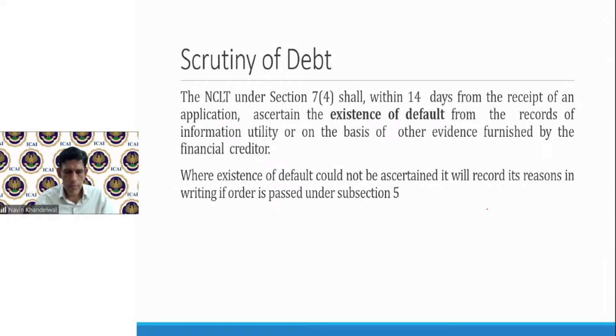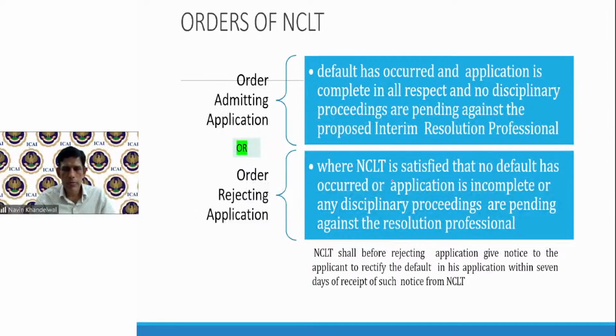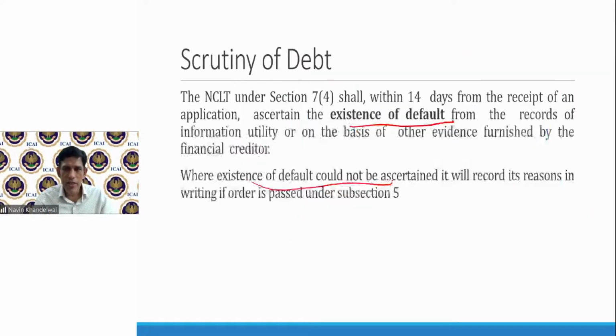Now, what will NCLT do? Obviously, based on the documents submitted by the corporate debtor and the financial creditor, it will review the application and ascertain the existence of default. It will find whether default has been committed or not, from the records of IU or all the evidence furnished by the financial creditor, and based on that, if there is a default, accordingly the order will be passed. If there is no existence of default, the other order will be passed. So the NCLT, after reviewing the application within 14 days from the receipt of the application, which does not happen actually,